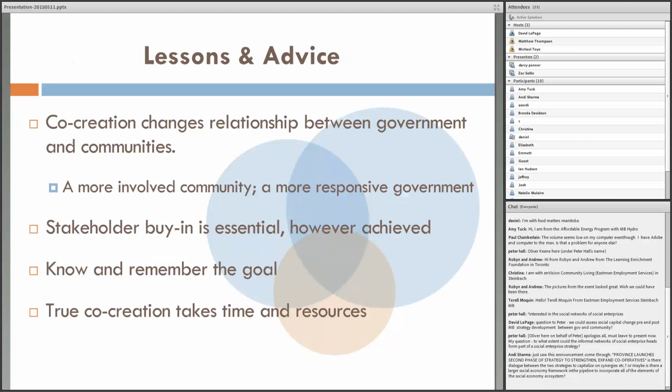And now we can go to some lessons and advice to conclude before we get to the question period. Zach, I think I'll tee off to you here to discuss your thoughts on co-creation and how this changes the relationship between government and communities. Thanks, Darcy. Obviously,